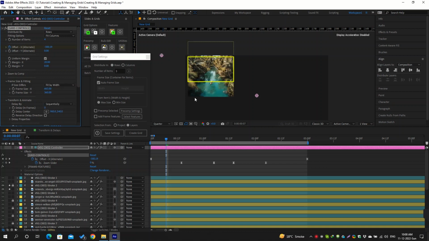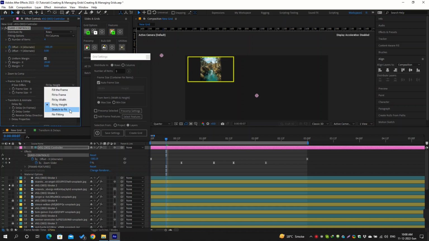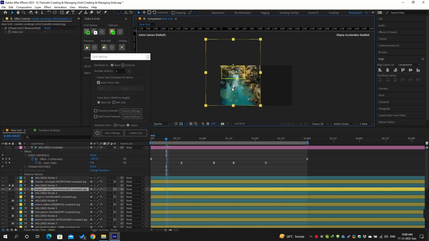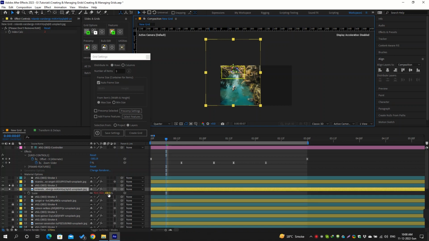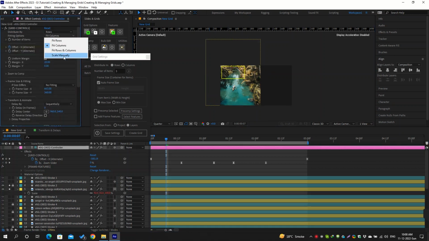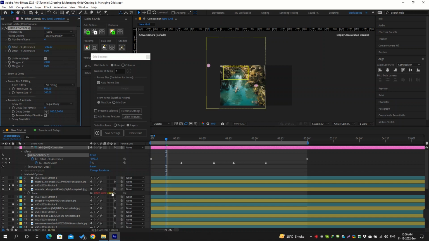Then we have fit by width, which will fit the item by its width to the frame's width and will scale the height proportionally. The next one is fit by height, which will fit the item by its height to the frame's height and will scale the width proportionally. Then we have stretch to fit, which will stretch the item's width and height to fit within its frame perfectly, and it won't maintain the proportions. The last one is no fitting, that we already checked, and it will just reset the scale to 100% default for each item. I need to change back to scale manually to get exact size, and you can see here